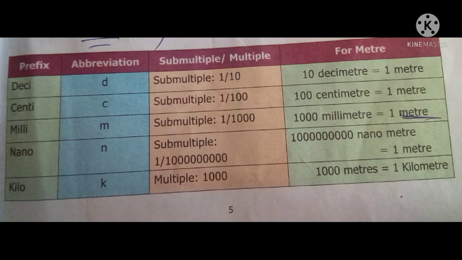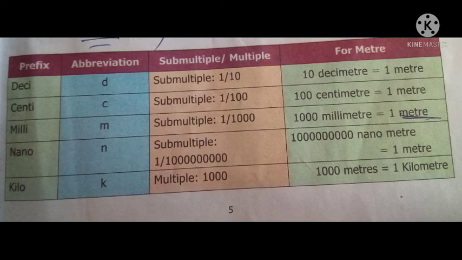Deci, the abbreviation is D, and the submultiple is 1 by 10. For meter, that is 10 decimeter is equal to 1 meter. Centi, the abbreviation is C, and submultiple is 1 by 100, and 100 centimeter is equal to 1 meter. And then milli, the abbreviation is M, and submultiple is 1 by 1000, that is 1000 millimeter is equal to